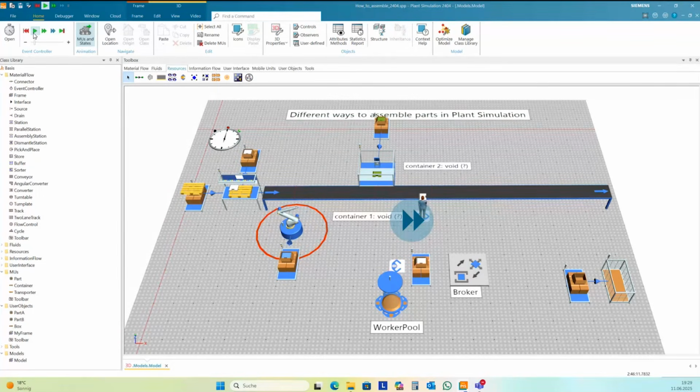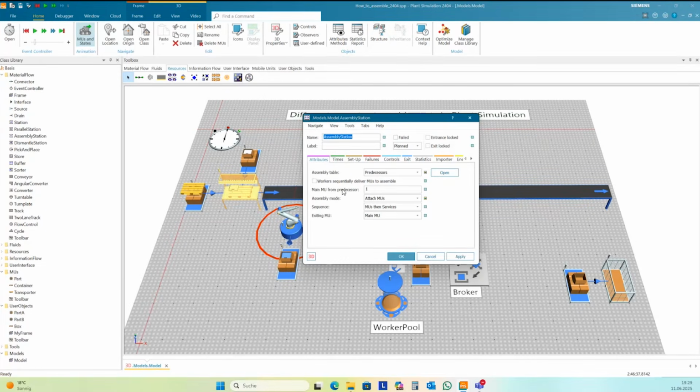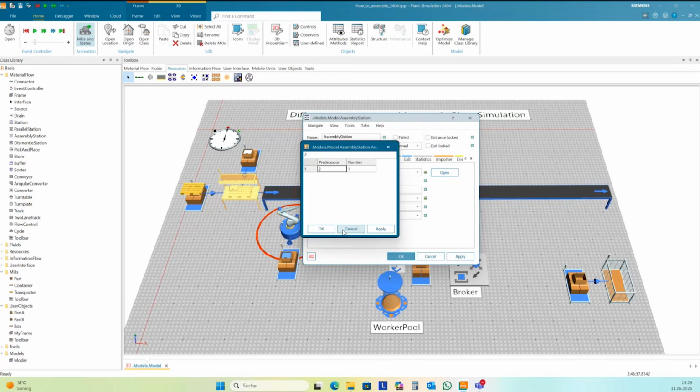Oh, yes, I have destroyed something here. Predecessors. Yes.